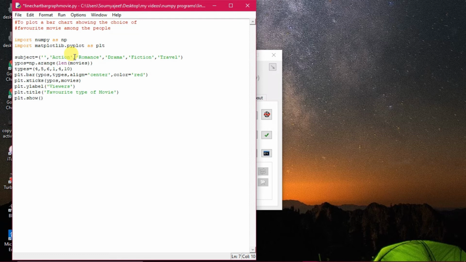Suppose you have kept English here. Then you have kept accounts, then your BST, and here you kept physical education. And here you keep your IP, and what else is there?